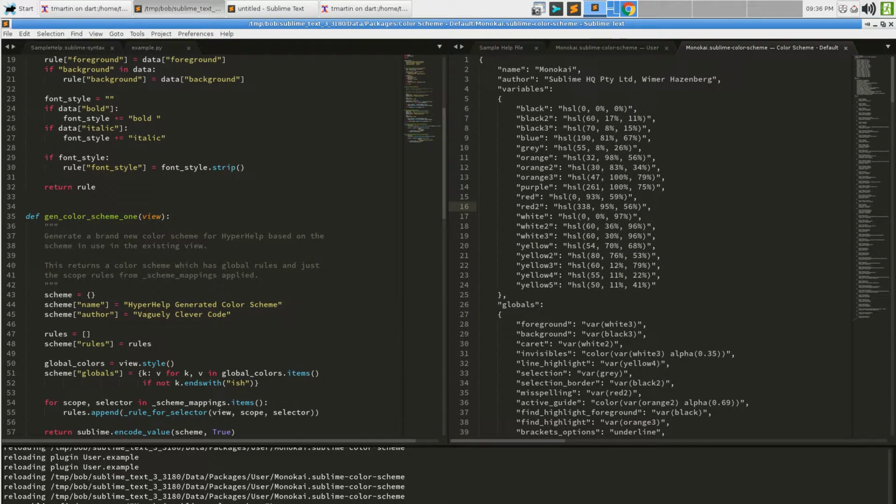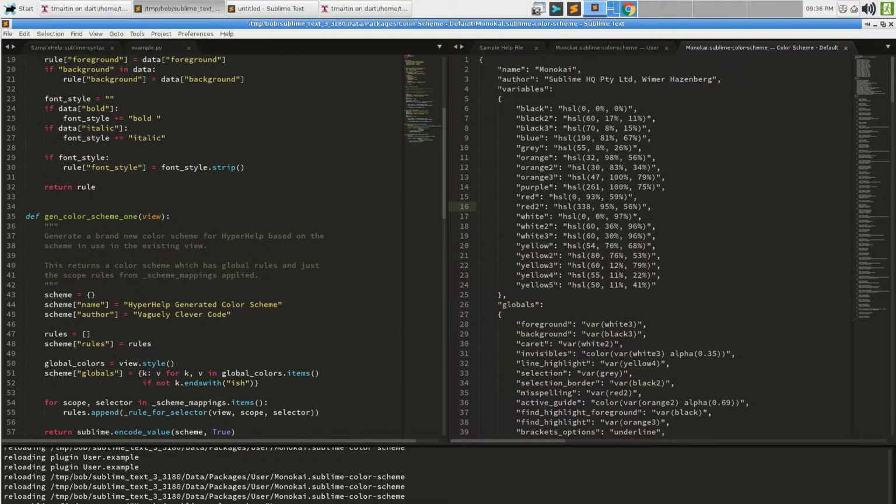The first one in the list is going to be probably the package that originally declared the color scheme. Now, I can't imagine any packages would ship with a Monokai sublime-color-scheme that had different rules. If they did, they'd blend together and probably cause confusion.